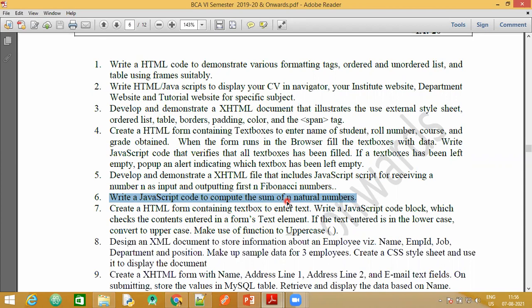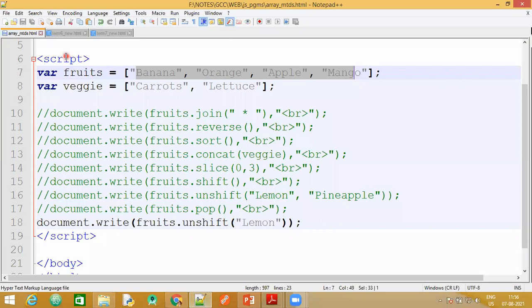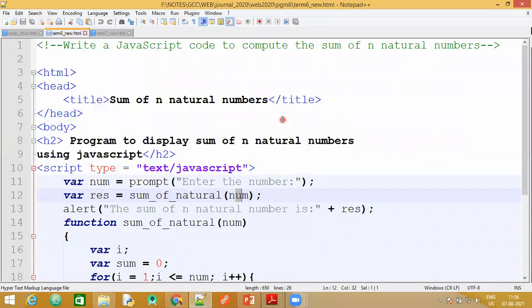So we know the logic. We just have to make use of a loop, and with each iteration of the loop, we need to add the succeeding 2 digits and store the result. So let's see how this can be done in JavaScript. Now, in the program, we again remember that we save it as HTML. We are not making use of any external JavaScript code, but we are embedding the JavaScript code within our HTML page itself. So in the head section, the title is given. Coming to the body section, one H2 tag here.